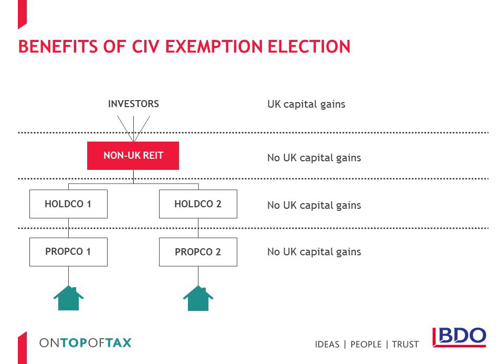It's important to note that this exemption regime applies irrespective of the residence of the companies within the fund. Therefore, there will now be structures where UK resident companies, which were previously taxable on capital gains, will be able to benefit from an exemption from UK tax on capital gains. In general terms, the impact of the CIV exemption election is to give elected structures equivalence with UK REITs in terms of the tax treatment of capital gains arising to them, as UK REITs are also exempt from tax on capital gains.